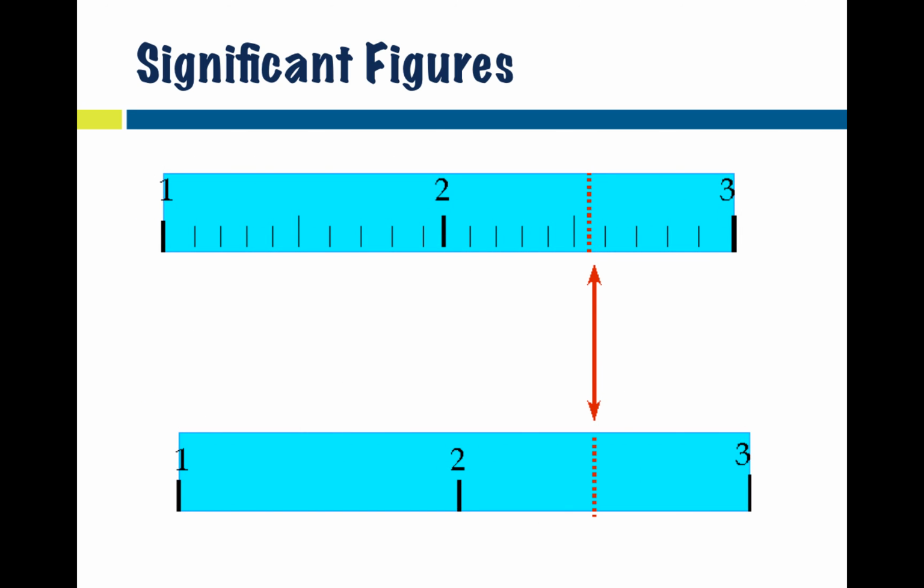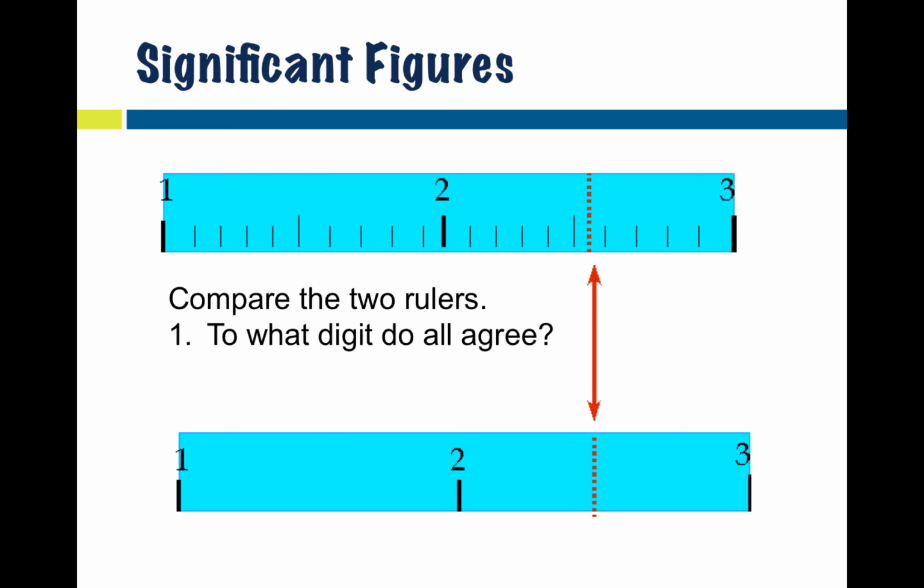For example, let's talk about measuring the same mark with two different rulers and how each measurement will be expressed with correct significant figures. Obviously, the two rulers express different degrees of accuracy due to the different increments shown. A measurement expressed in correct significant figures expresses all digits known and one digit of estimation. So when we compare the two rulers, the question is, to what digit do all